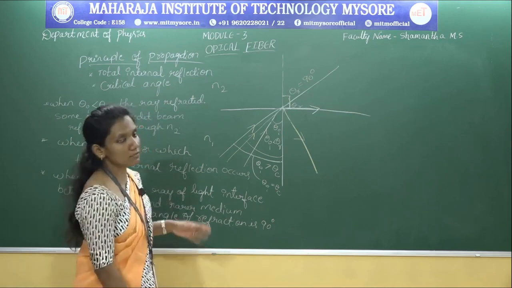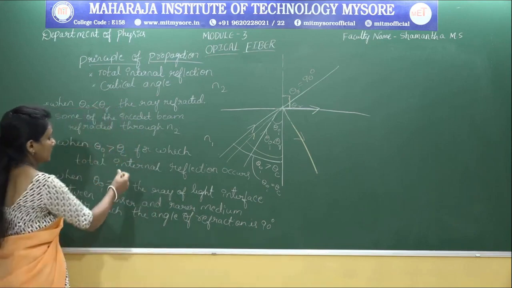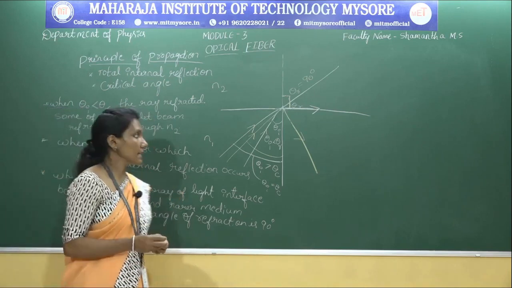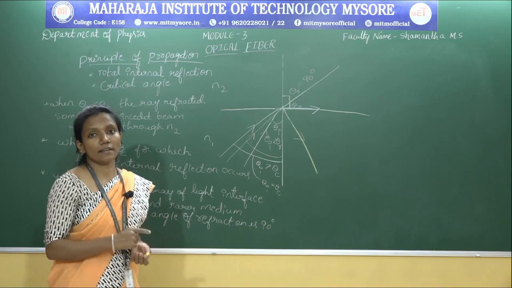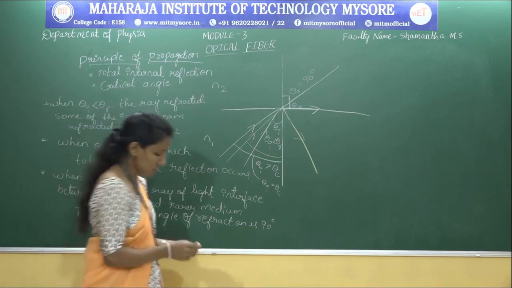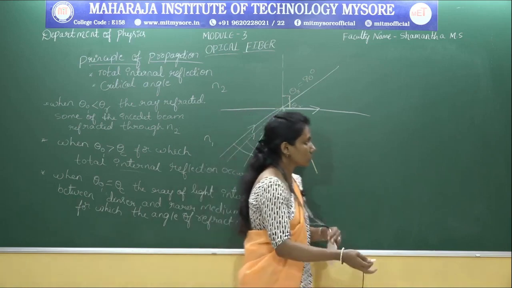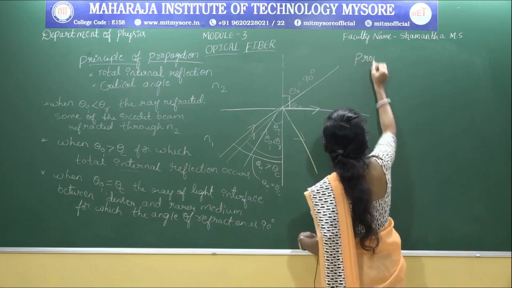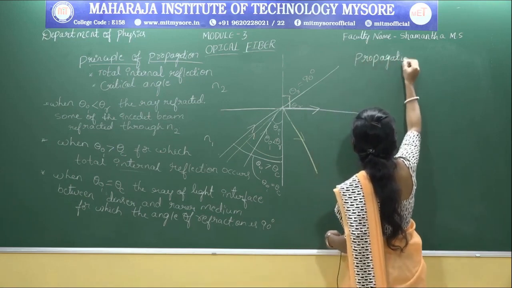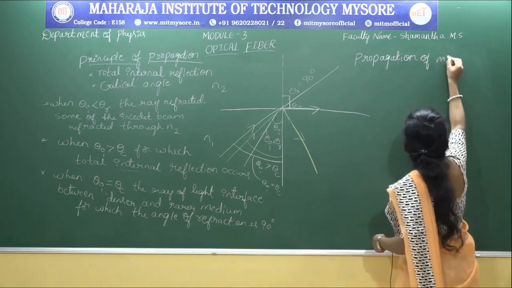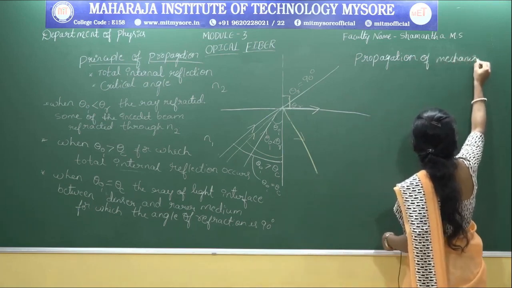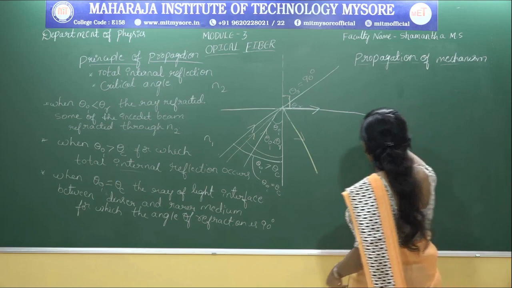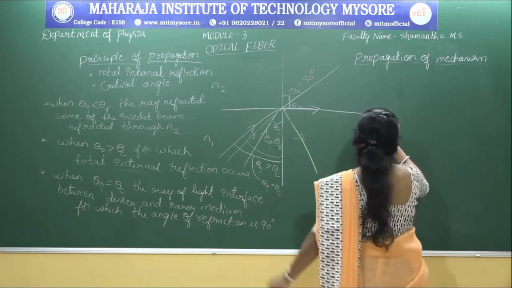So, the optical fiber works on the principle of total internal reflection. At this condition, when the incident angle is greater than the critical angle, then the ray of light will travel inside by the propagation mechanism. So, that is the propagation mechanism. When we consider the optical fiber,